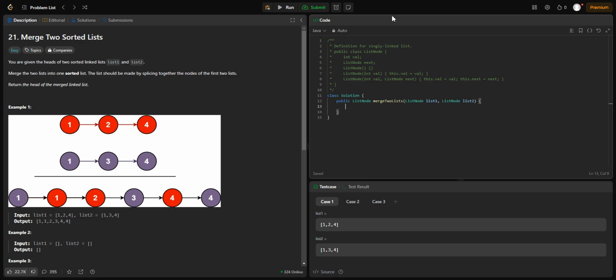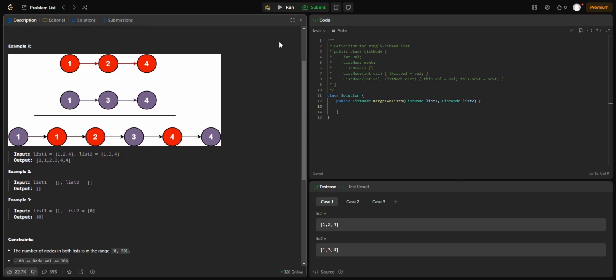But for today, we're going to do LeetCode number 21, merge two sorted lists. You're given the heads of two sorted linked lists, list 1 and list 2. Merge the two lists into one sorted list. The list should be made by splicing together the nodes of the first two lists, and then return the head of the merged linked list. And then it has this drawing. So basically, we're going to be given two linked lists, and we need to return them